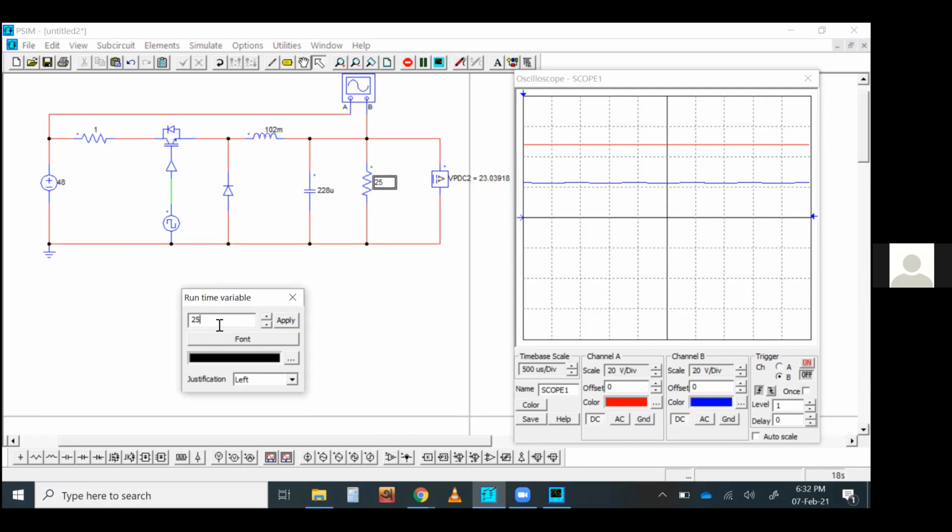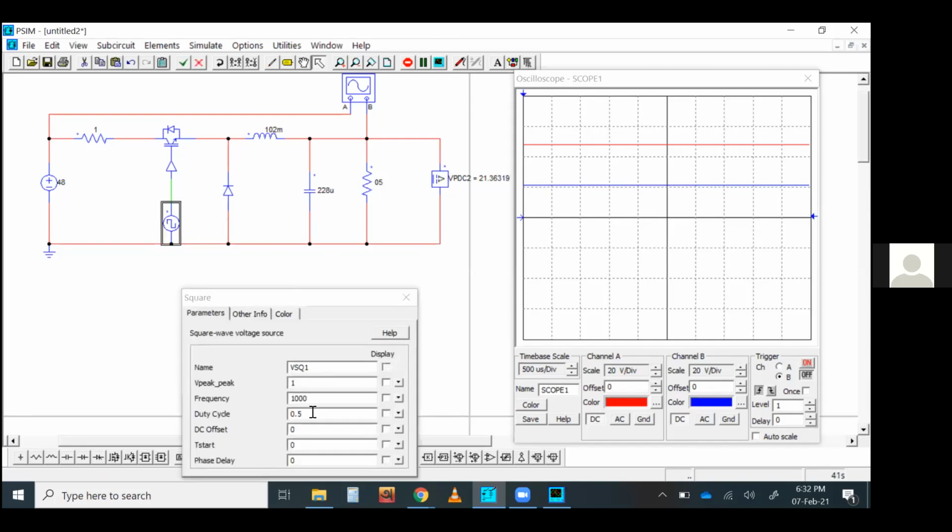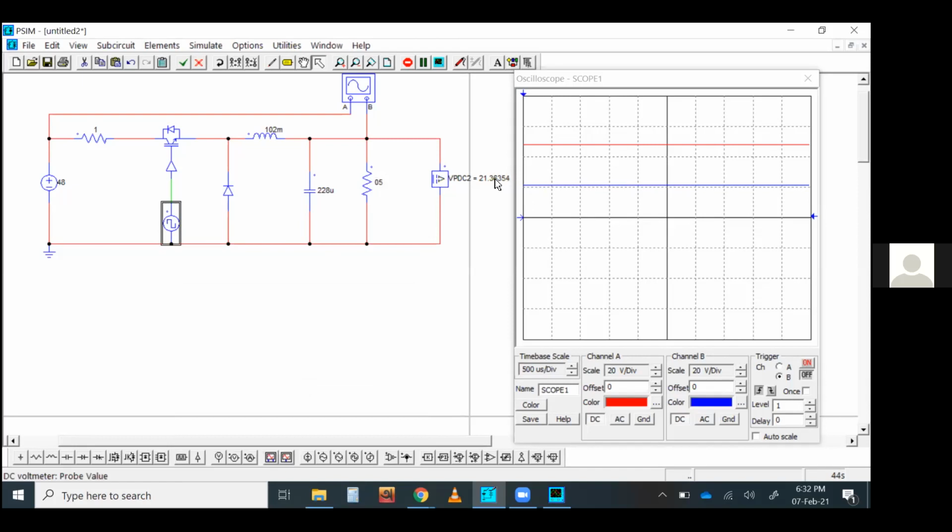Now say for example I'm decreasing the load resistance, that means increasing the current. So 24 divided by this load resistance will increase the current. You can see now our converter is suffering. It's no longer giving you the exact voltage as you wish. So at this stage, when I'm setting the load resistance to 5 ohm, as per the calculation and theory, as the converter is running at 50% duty cycle, you are supposed to get 24 volt here. That's the theory and that's the truth.